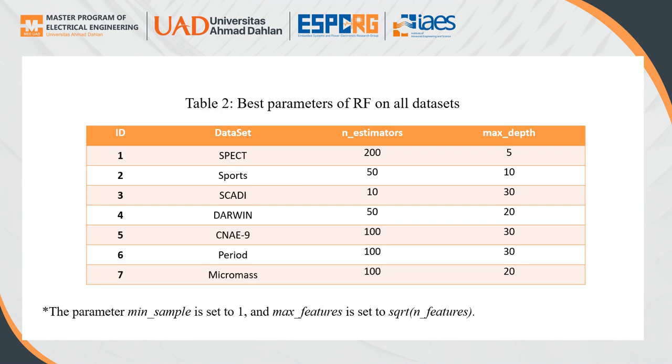This experiment selected 2 parameters of RF for parameter tuning, namely n_estimators and max_depth. The parameter n_estimators is the number of decision trees that are built by RF, and